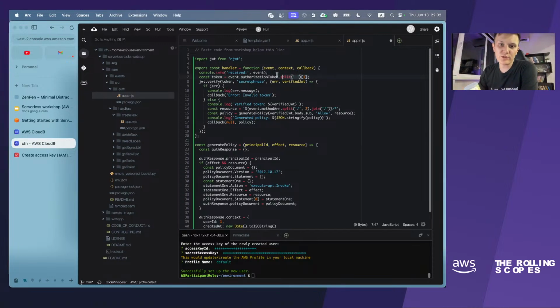So here we just split this token string and get the token itself. After that we verify this token by some secret phrase, and if there were some authorization issues, like the token is invalid, not correct, or maybe corrupted, we will just throw an error. Otherwise we will verify it and